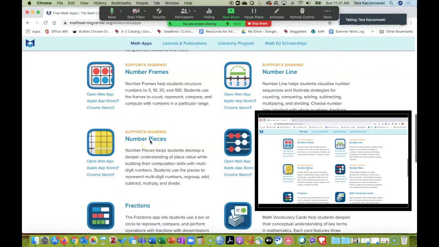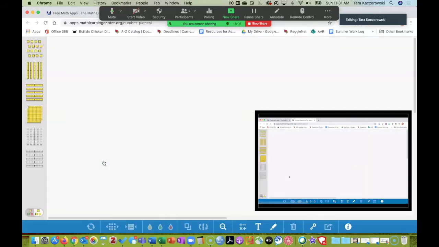That's a pretty common one when we use base 10 blocks. So I'm going to open the web app. And right now you can see on the student screen that they can see what I'm doing because I'm sharing my screen with them. I'm going to switch over. I like to use these colorful versions. It's a simplified version of the base 10 blocks. I like that it gives one other visual example between our ones, our tens, and our hundreds.